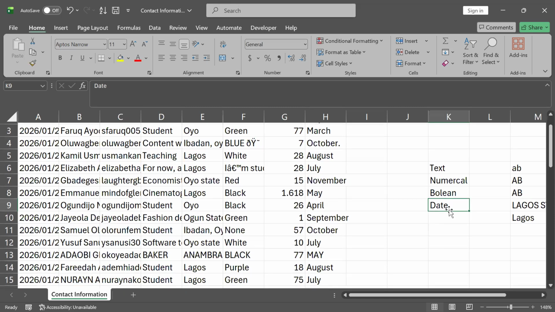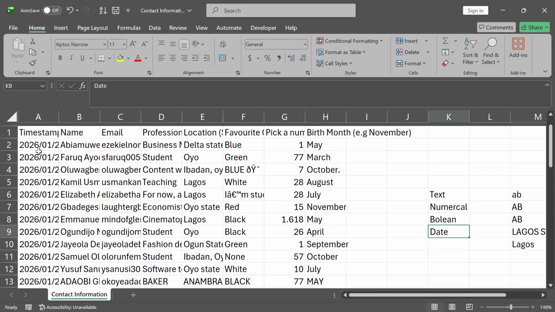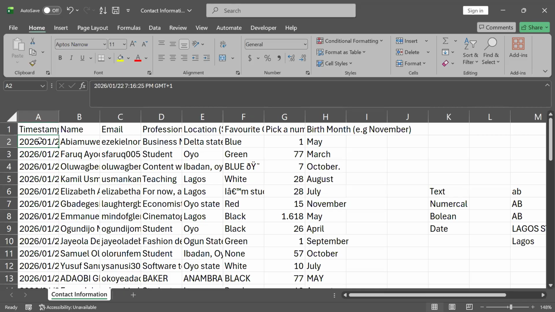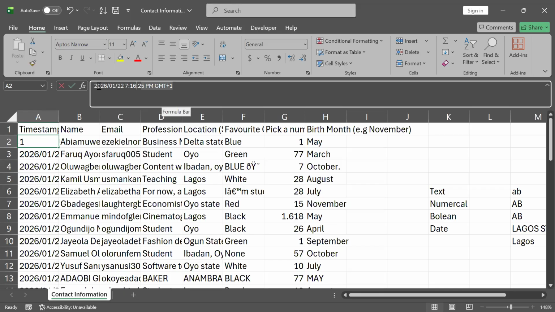So how do you clean for dates? For example, this information here contains both date and time. If you look at the formula bar here, it contains the date, it contains the time, including PM, and it contains where the data is collected from, like the location, which is GMT plus one, the geographical code. Normally, we might not need all of this information. We just want everything to be